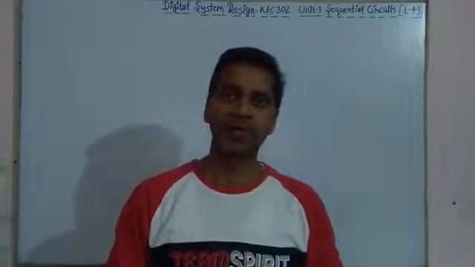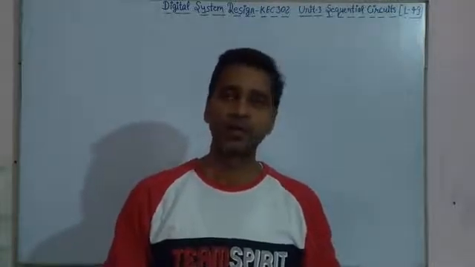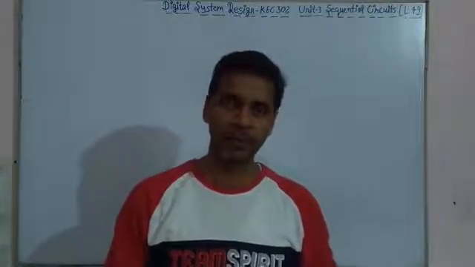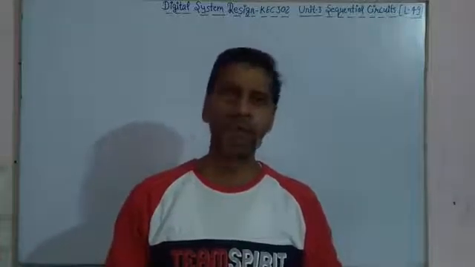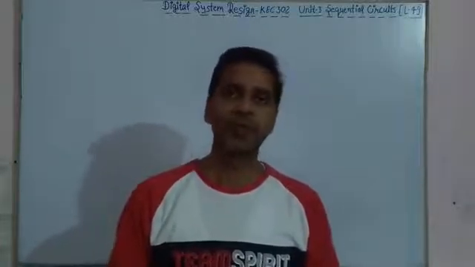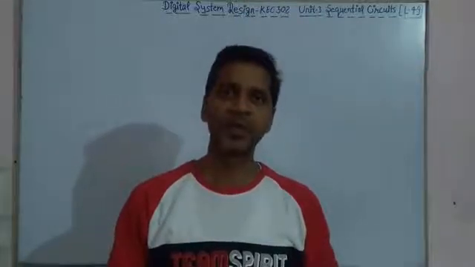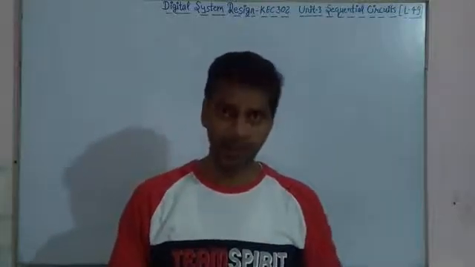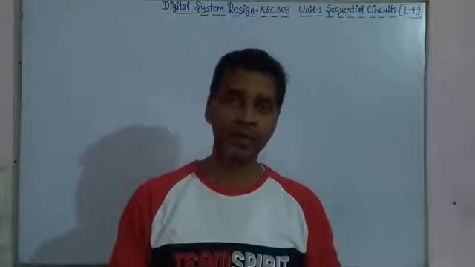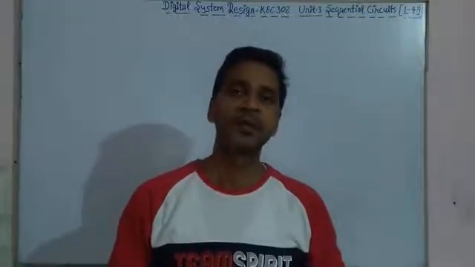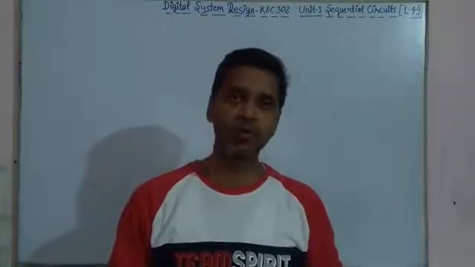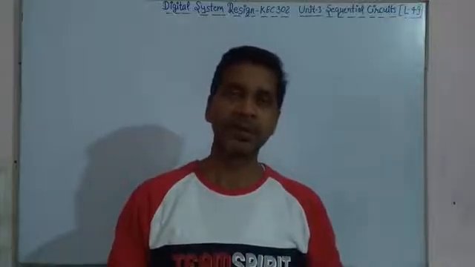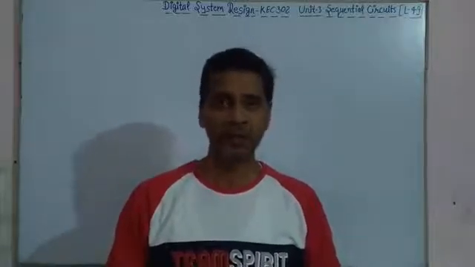So in the previous lecture we have discussed so far two types of flip-flop, that was SR flip-flop and JK flip-flop. And we have seen already in JK flip-flop how we can remove the shortcoming of SR flip-flop. But JK flip-flop has itself one problem, that was race around condition, and also we have discussed how we can remove this race around condition using edge triggering in JK flip-flop.